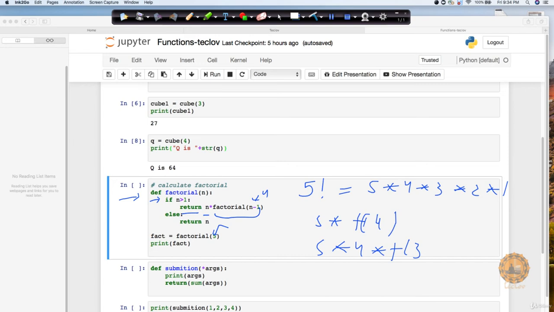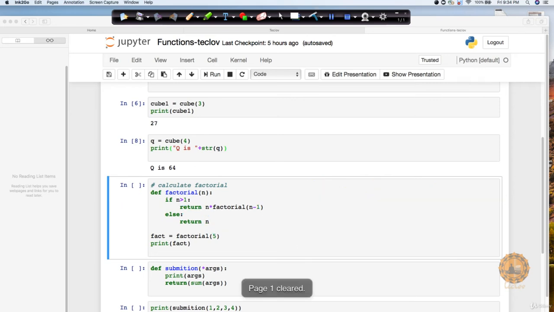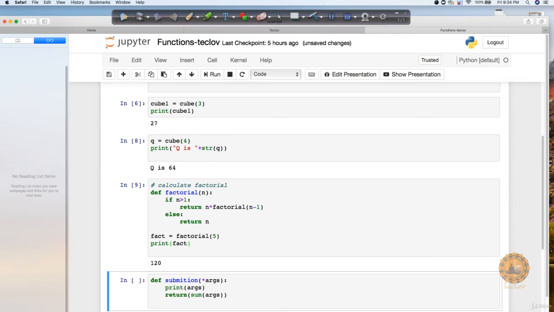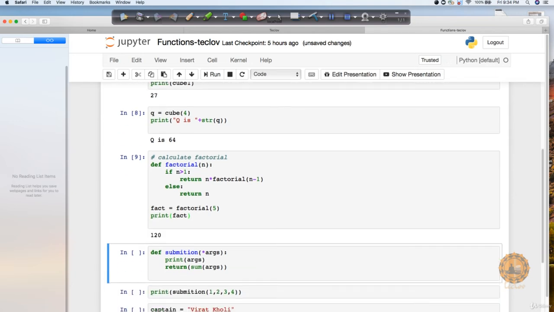Now where will it stop? When the value of n becomes equal to 1. Right? In that case, this condition doesn't hold, so basically it's going to go 5 into 4 into 3 into 2. Right? So it's going to return me the value. Basically whatever output comes, it's going to return it. So finally we will have all these values. So this is how you can execute this factorial. If you are able to do it on your own, that's awesome, it means you are on the right track. If not, no worry, you will keep on learning and keep on doing further exercises. So let's execute this, and you can see that we got the factorial of 5 as 120.